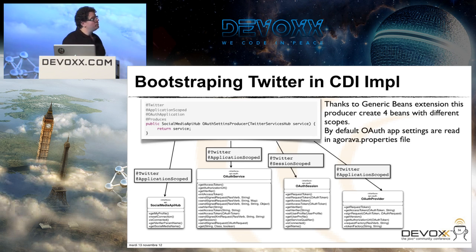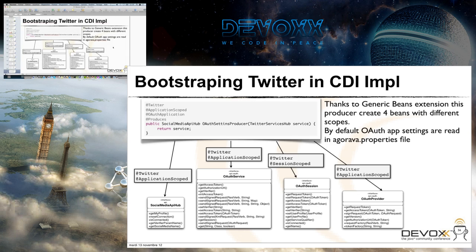The @OAuthApplication annotation, the third annotation you see, can have some parameters. By default, when you put no parameters in it, the mechanism that generates all those beans reads the configuration in the agorava.properties file that is in the classpath of the application. You can change this behavior by adding parameters in @OAuthApplication. If I show you an example here,